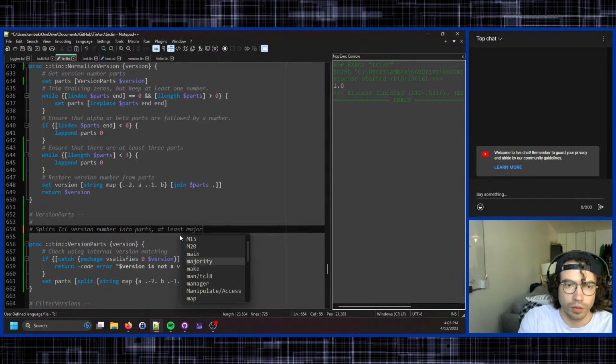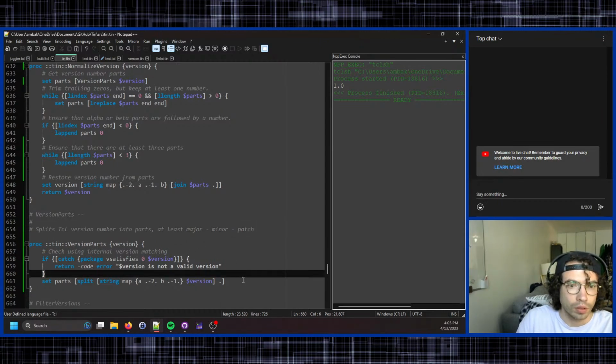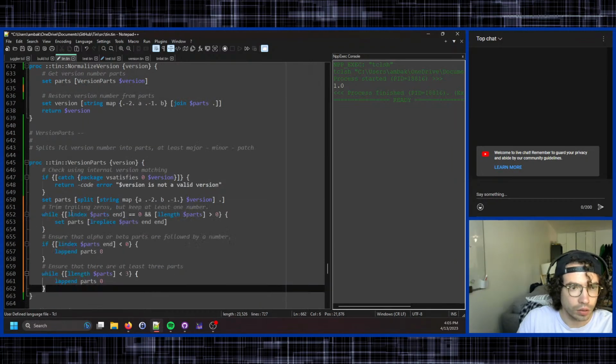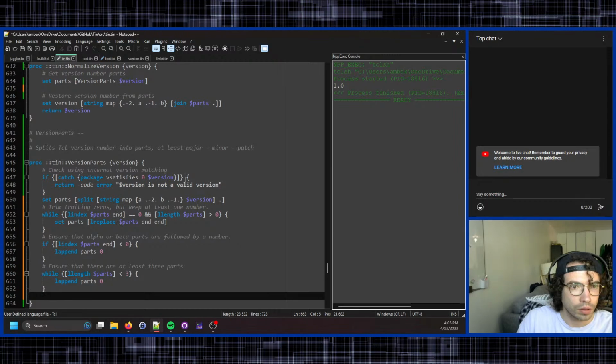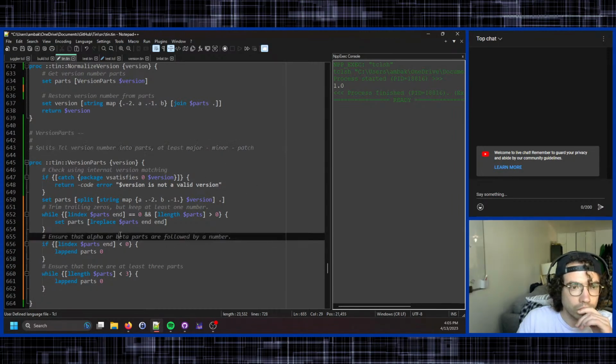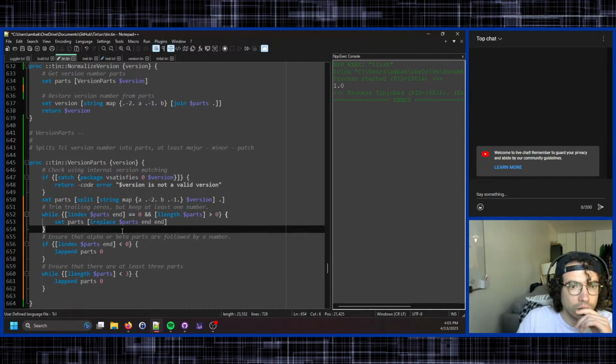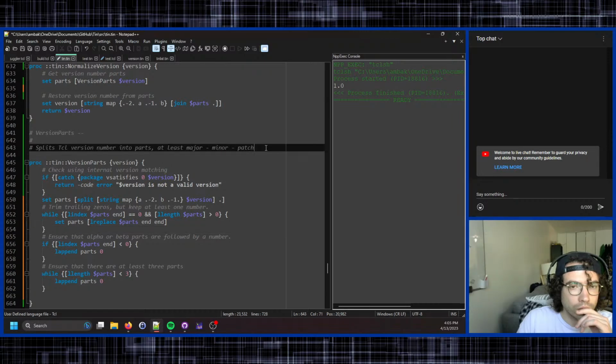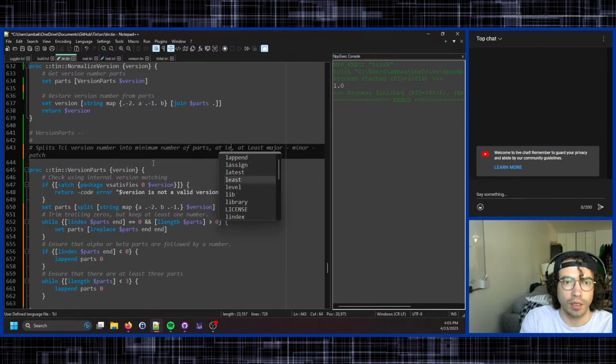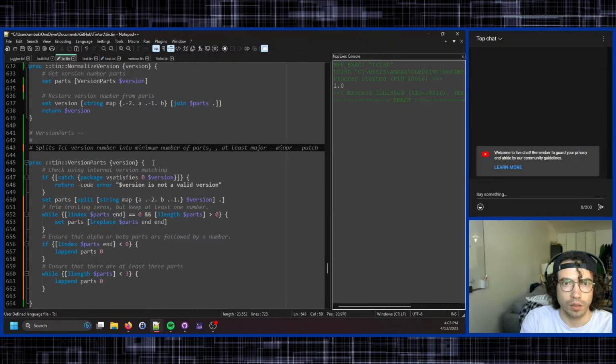At least major, minor, patch. So I could actually put all this in here, and then into minimum number of parts, at least minimum major, minor, patch numbers, where